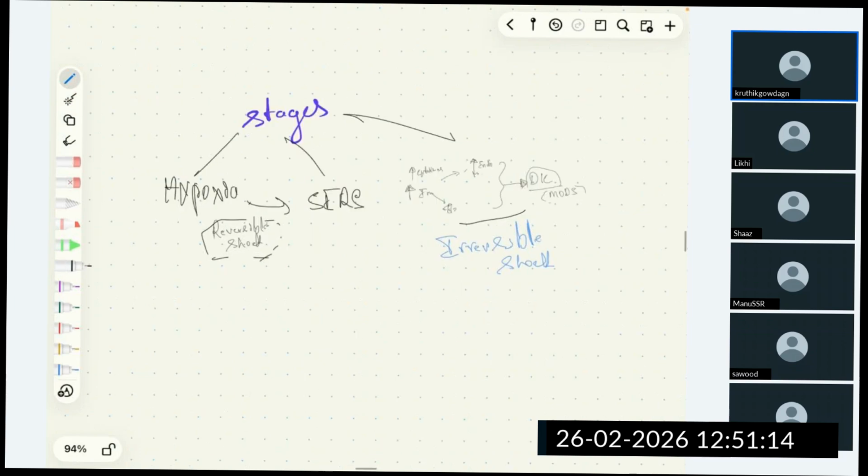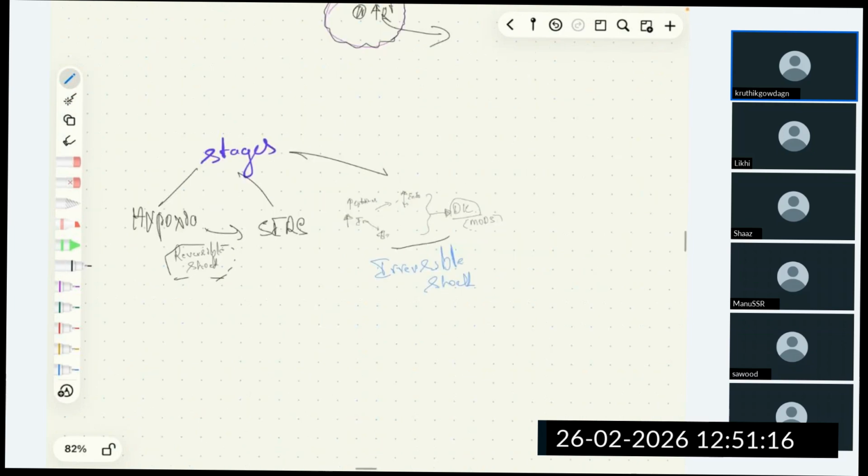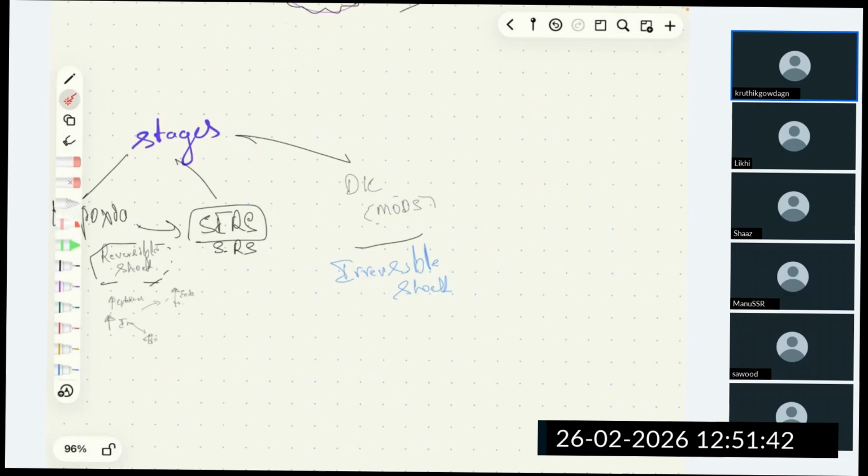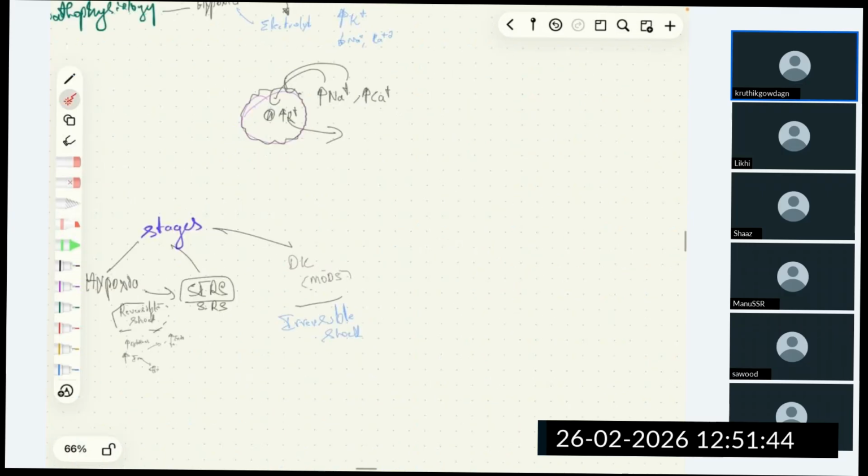There is increased cytokine release. There is increased release of inflammatory mediators, leading on to endothelial dysfunction and leading on to systemic inflammatory response syndrome. Systemic inflammatory response syndrome is severe reversible shock, and then followed by that, if the disease is not adequately treated,